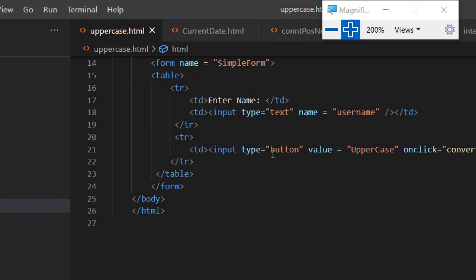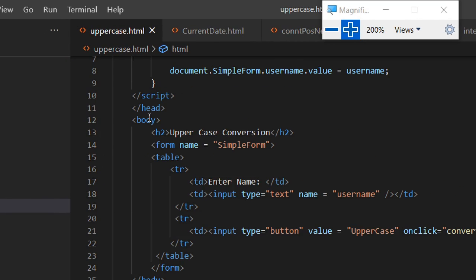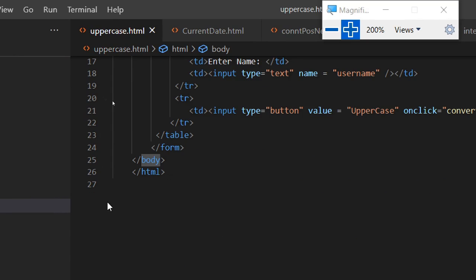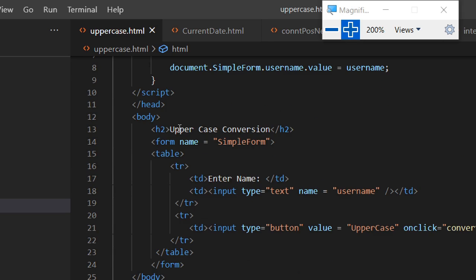In this code, first we understand the HTML. In HTML we have a body tag, and as you are aware, we also have an HTML tag. Inside the body we have a heading, and then we have created a form. The name of the form is simple form. Then we have created a table, with table row and table data.